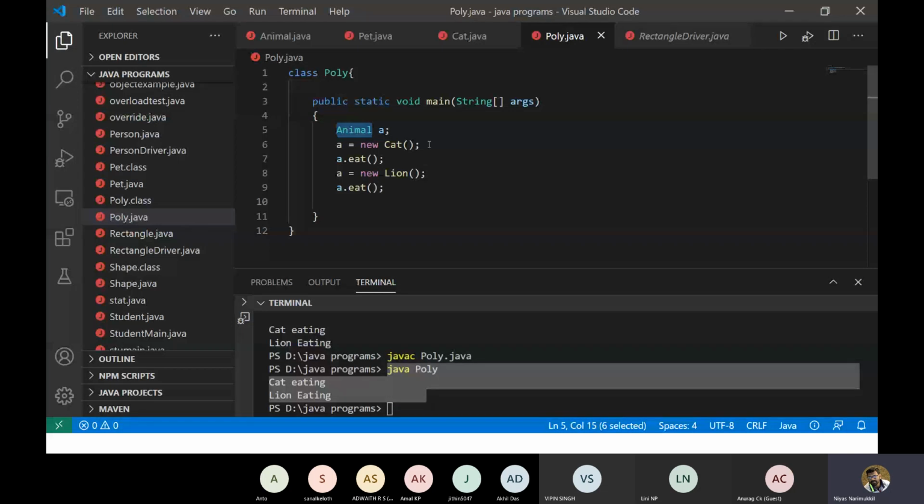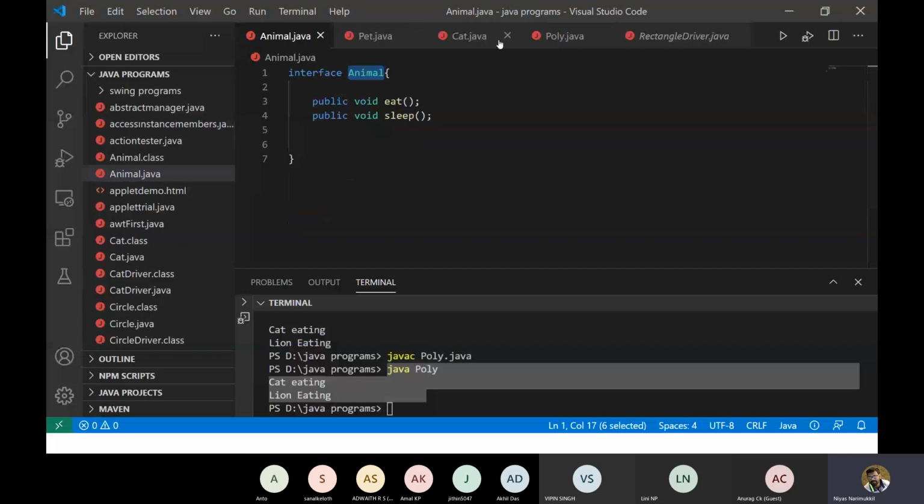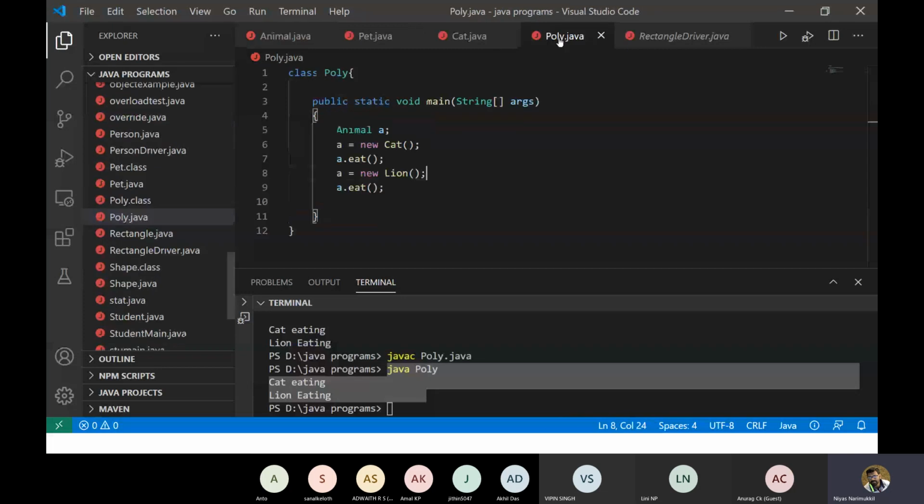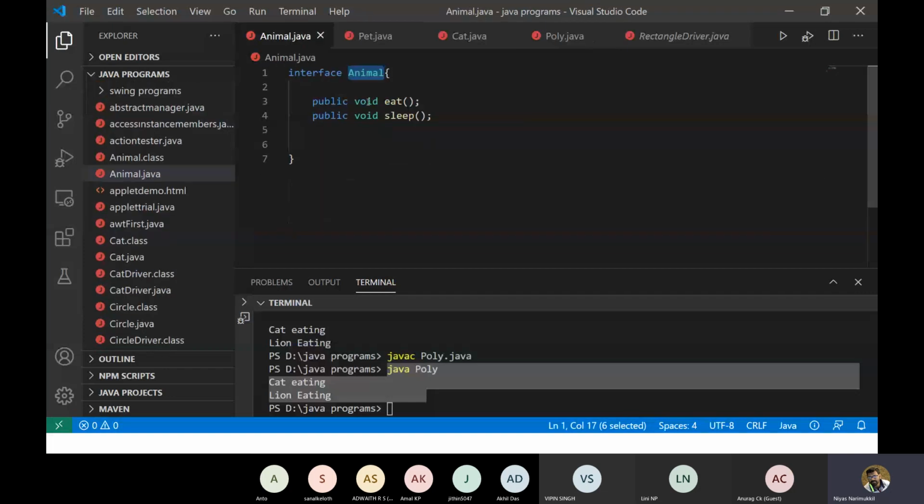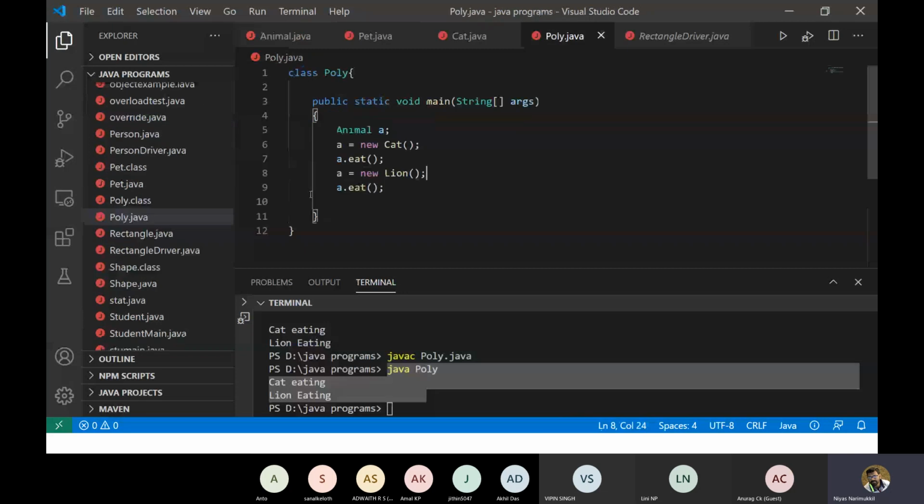This can be done only with the help of the concept of abstract and interface. So this needs to be implemented with the help of the interface concept, because we can't create an object of animal here, because animal is just an interface. So we are using that animal variable to control the objects of the concrete classes.